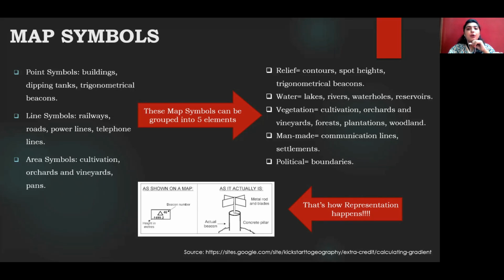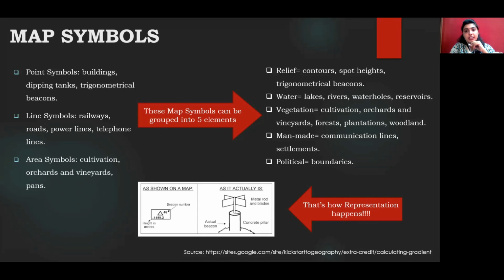So depending upon the kind of map you have, your scale, your point and area symbols will change. All these map symbols can be grouped into 5 major elements, which I call relief, water, vegetation,